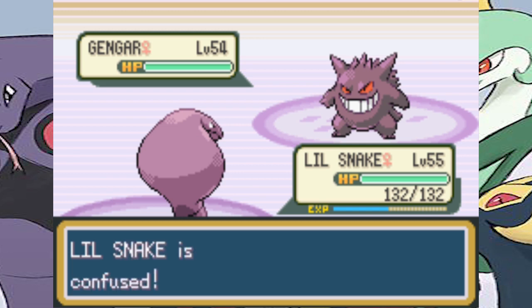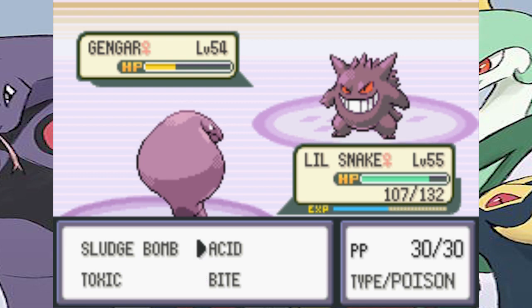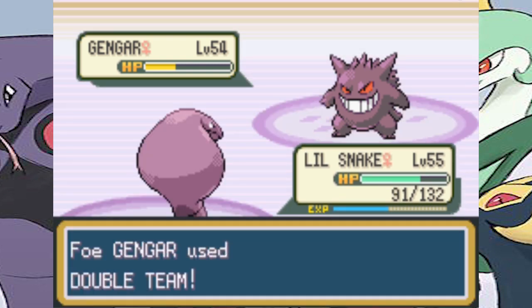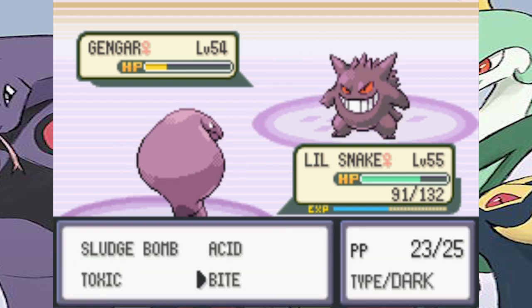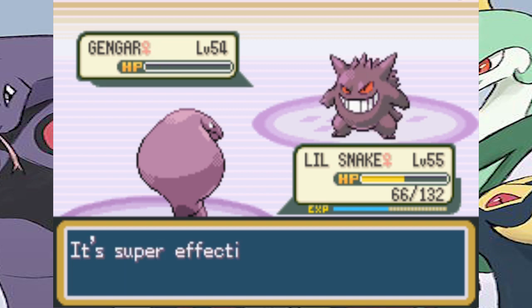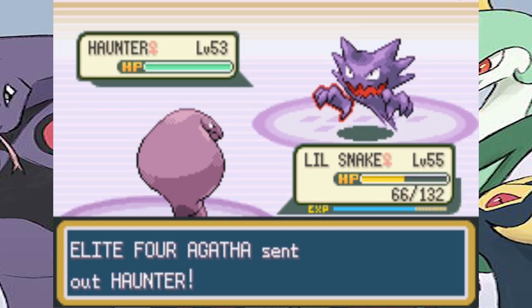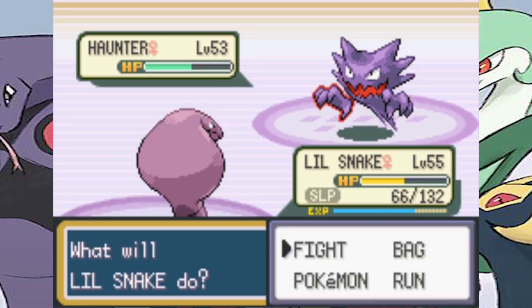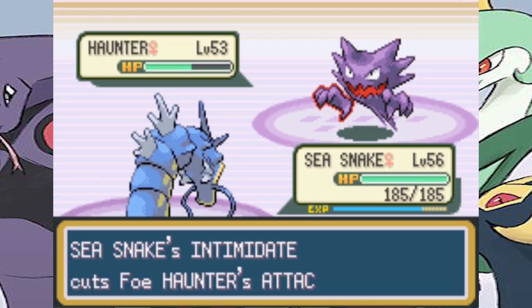My plan is to use Bite, since that is super effective. He poisons me, uses Shadow Punch, and I keep on biting. I use Sludge Bomb to get him low enough so I can one-shot him the next try with Bite. My tactic is effective, and I manage to take him out. Haunter is the next Pokemon, and the same tactic is in play. Biting, biting, biting. He puts me to sleep, so I decide to swap in Sea Snake and take Haunter out